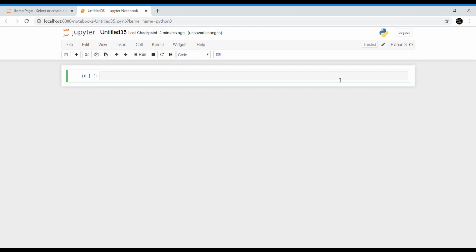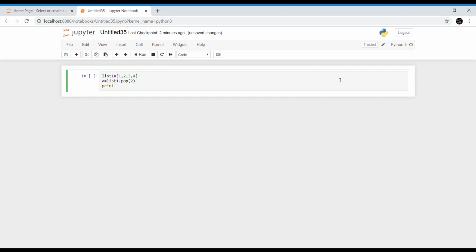For example, now I am going to take list1 with these elements. Now if I try to remove the element at index 2, so A equal to list1.pop(2).